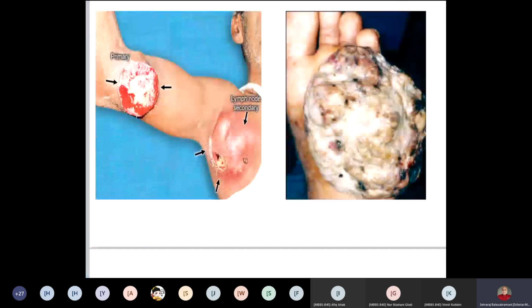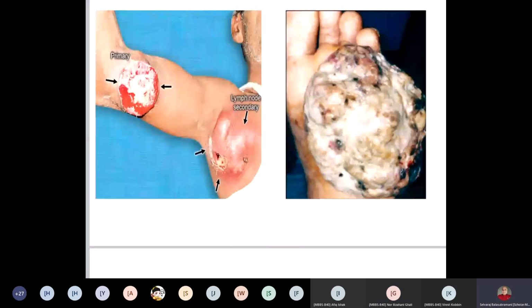Okay, now you have confirmed the diagnosis. What is the next thing you have to do? Whenever you are having a malignancy, before deciding the treatment, what else do you have to do? Can you tell me? This is some of the fundamentals, basics. Yeah, yes, what? Check the staging. Yeah, very good. Staging. You have to do staging. Now this patient, it has already spread to the axilla.